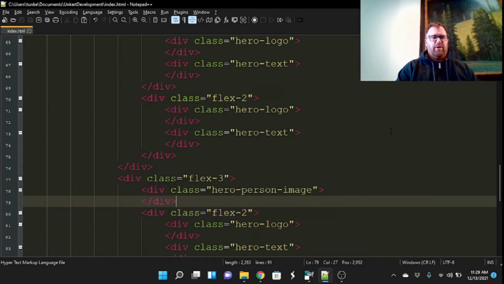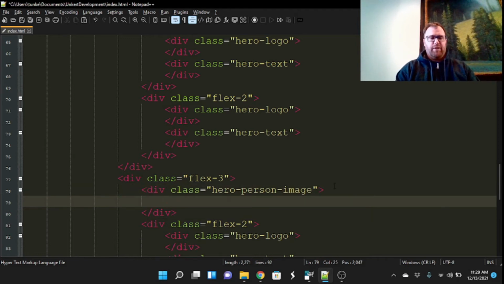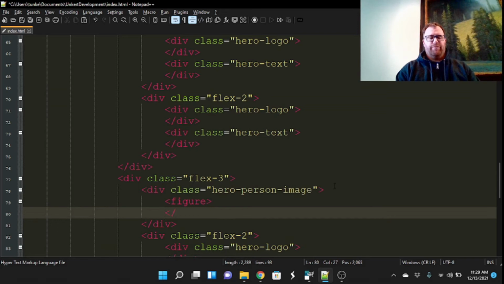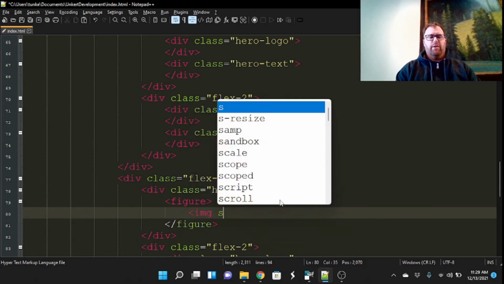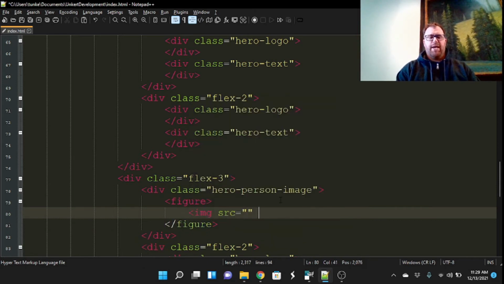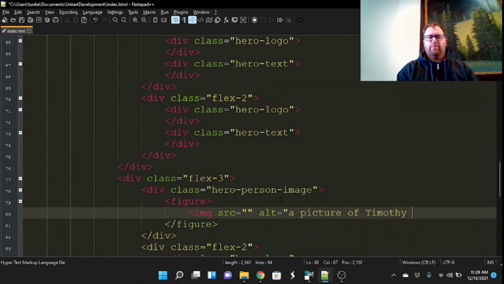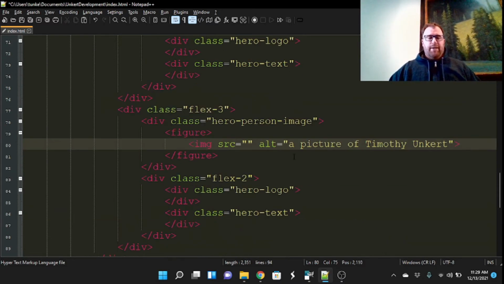It's just for later on for the CSS. Okay. Within that, we're going to have a figure, and we'll close out the figure. And then within that, we're going to have an image. We don't have a source just yet. Alt text is going to be a picture of